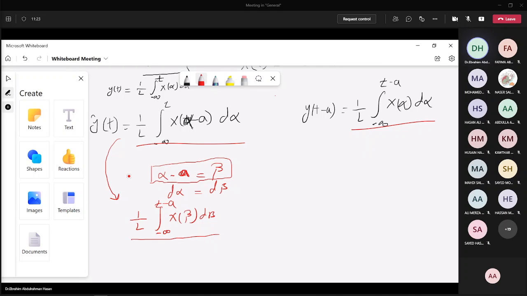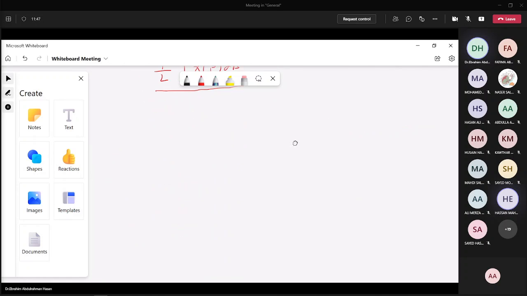Okay, لما يكون الالفا equal to minus infinity, so put here minus infinity minus a, so then beta equal to minus infinity. When alpha equal to t, then beta equal to t minus a, so then this is t minus a. واضح؟ واضح دكتور. طيب